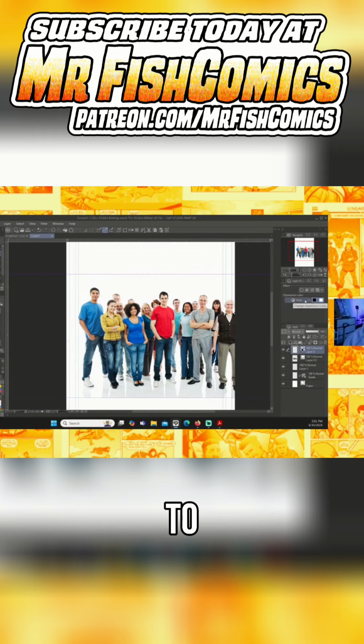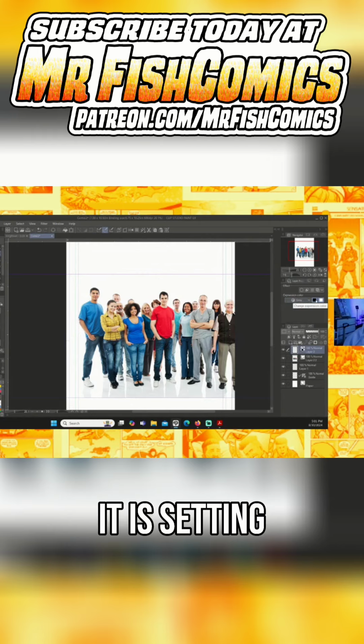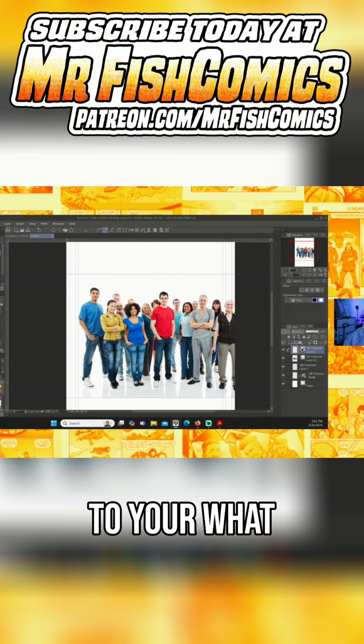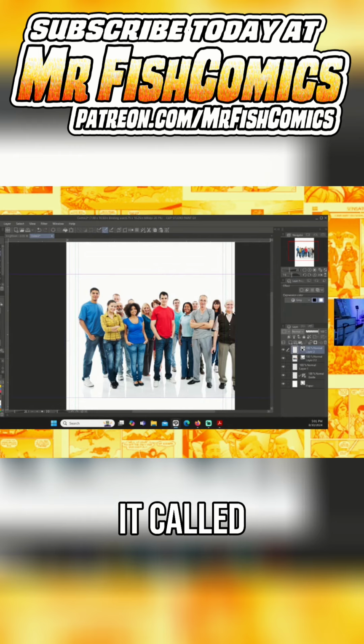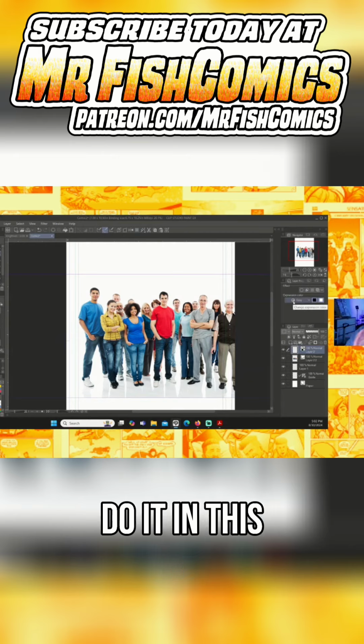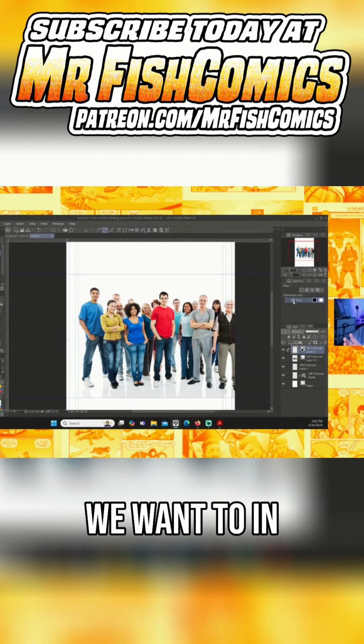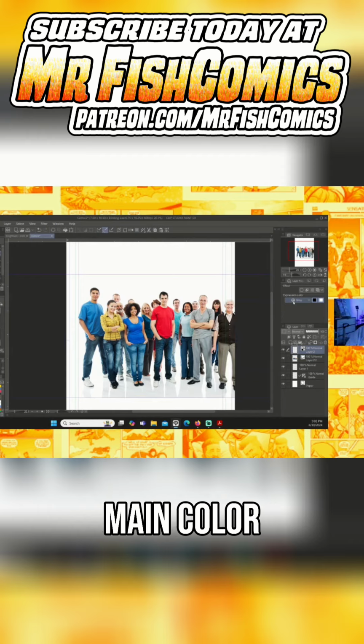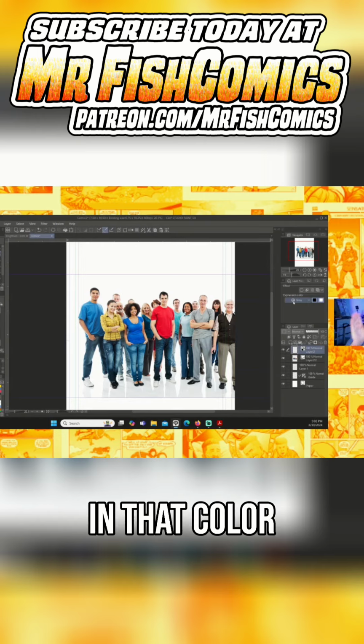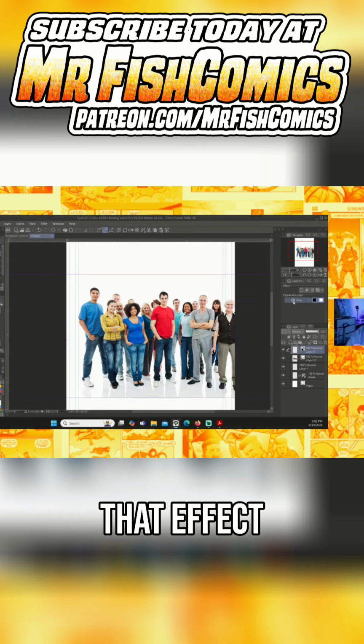When you set it to monochrome like this, black and white, it is setting it to your foreground color or your main color, and it is setting it to your secondary color. So when we do it in this grayscale like this, we can put as many tones of gray as we want to in there, and whatever our main color and our secondary color is, when we use the brush, it will stamp it in that color. Sometimes you will really want that effect, so it's a good thing